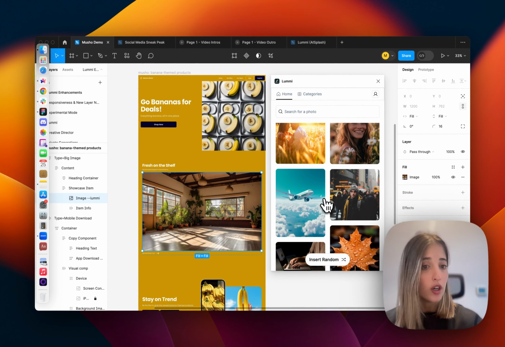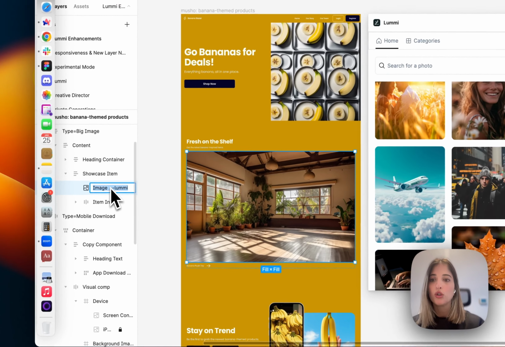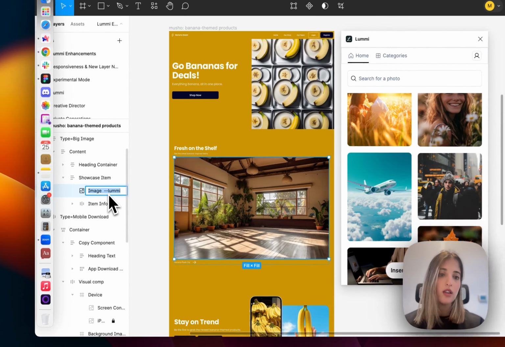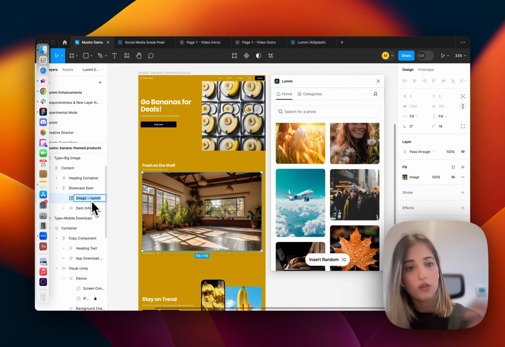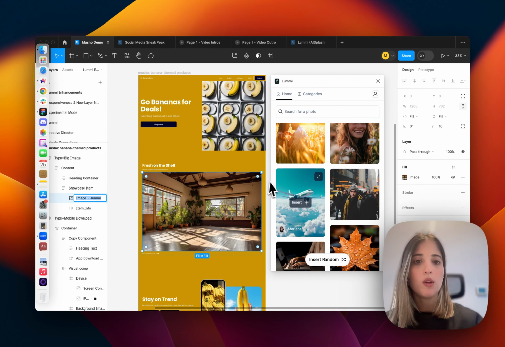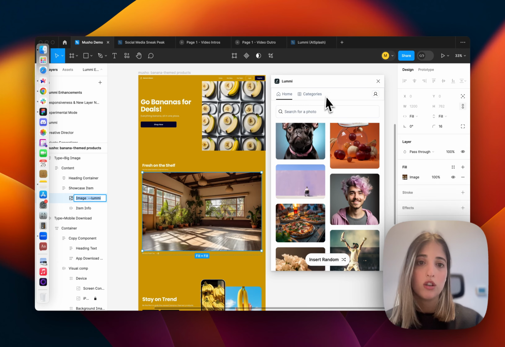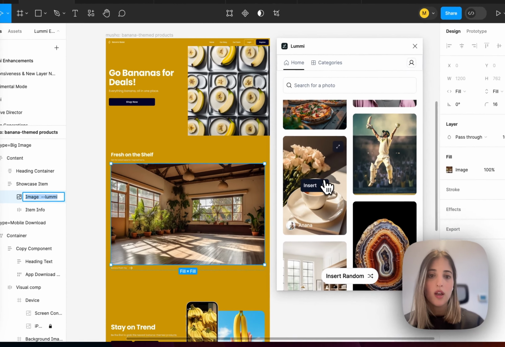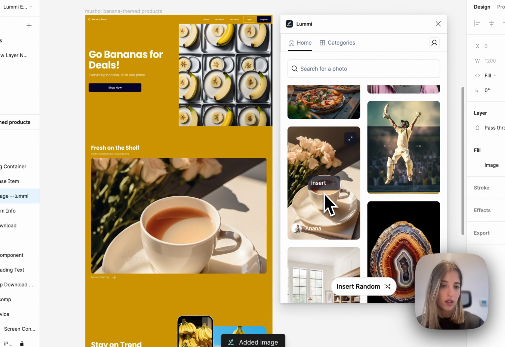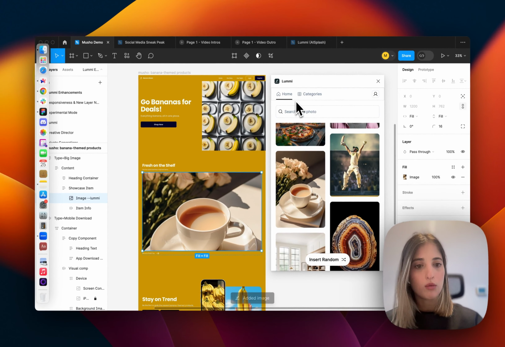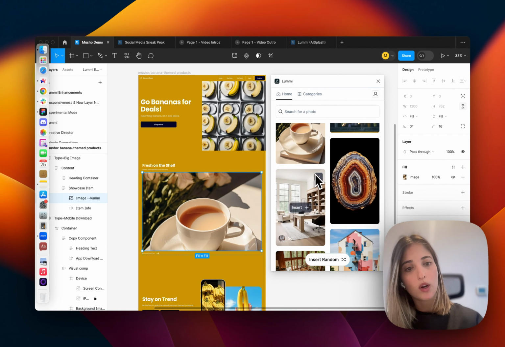So this is a good alternative if you were, for example, using Musho to edit your layer names and go from DALL-E to SDXL, meaning Stable Diffusion, or Lummi. But now with the plugin, it's even easier because you can just browse for the images that you want and just insert them anywhere in the canvas. So this has been out for a while, but a change that we wanted to talk to you about today is